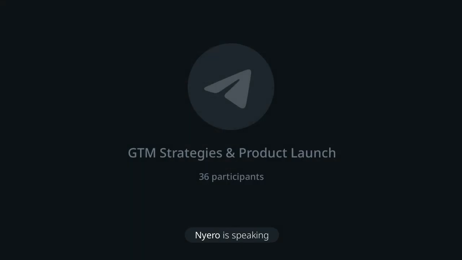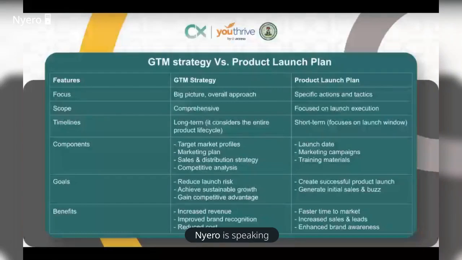A go-to-market strategy is more comprehensive, while a product launch plan is focused on each product launch. So a go-to-market strategy can encompass the entire product, right? It's very comprehensive. Whereas you will most likely have a product launch plan for each launch that you are putting